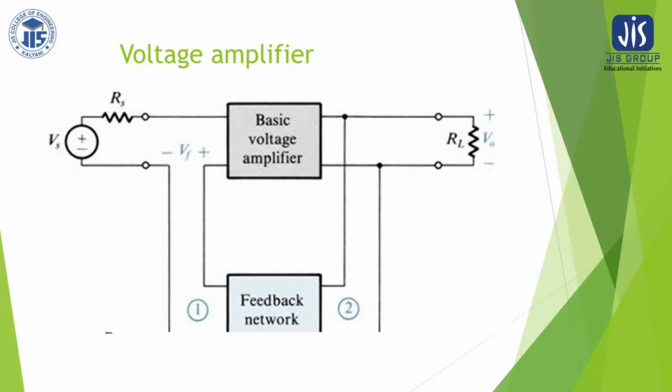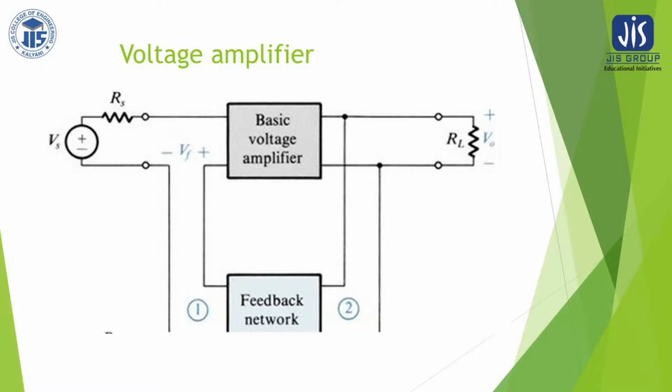Now see, this is the block diagram of the voltage amplifier, in which the source side is this one, there is a source voltage, and this is the source resistance, and this is the input resistance of the voltage amplifier, and this is the output side, where A means the amount of gain which is given by this voltage amplifier, and Vi is the input voltage which is appearing across the input resistance, and this is the output resistance of the amplifier, and here it is the load resistance.